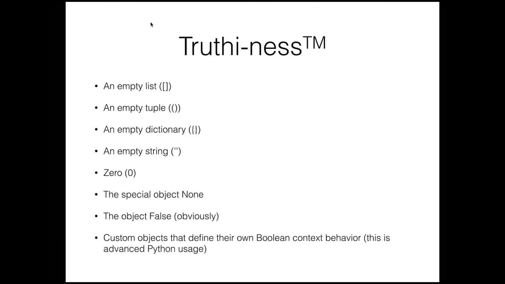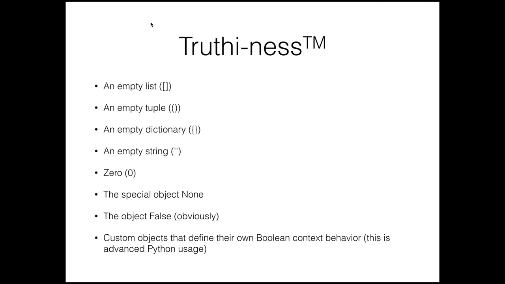So one of the things about Python is the concept of truthiness. I think that was the coinage. I think the first time I heard that word was when Stephen Colbert made it famous. He was talking about things that feel true but are not really true. So that's something that Python also, I guess, follows. But over here, it's more like falsiness, because